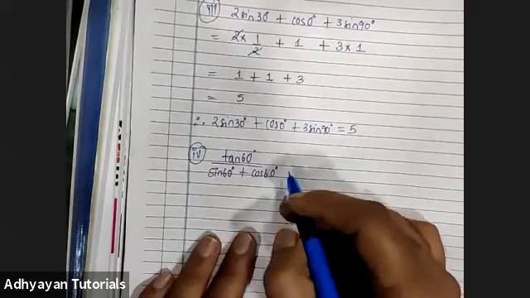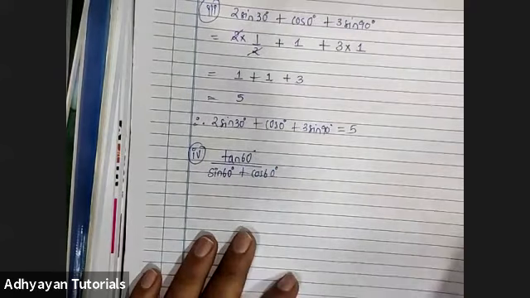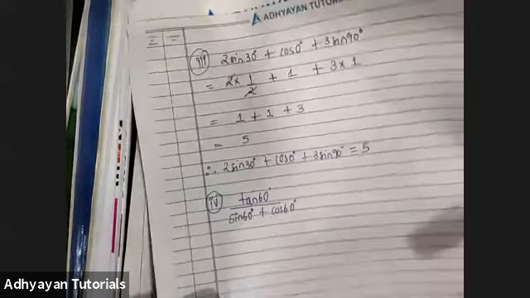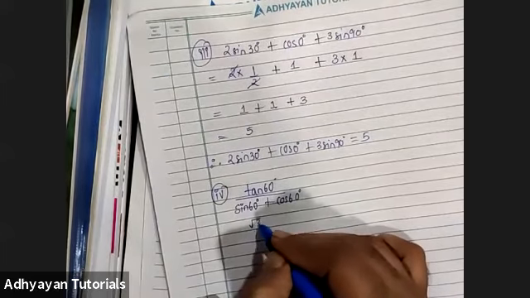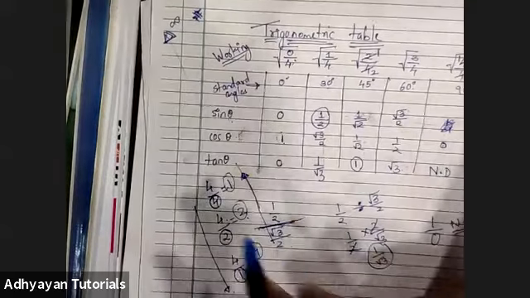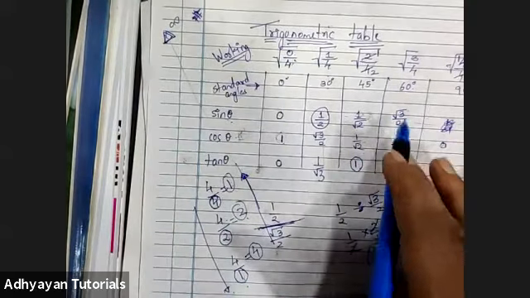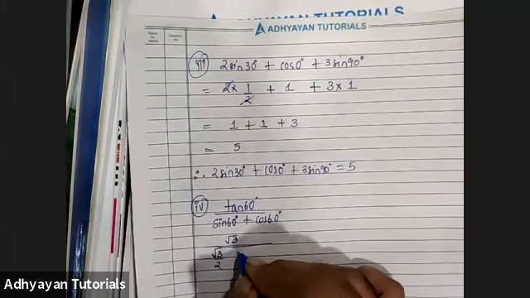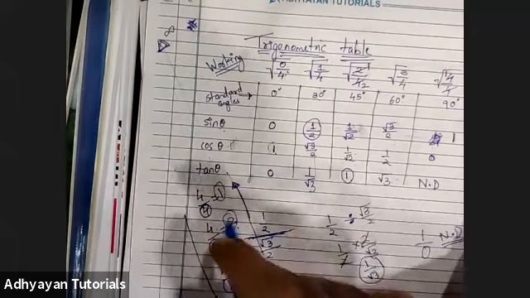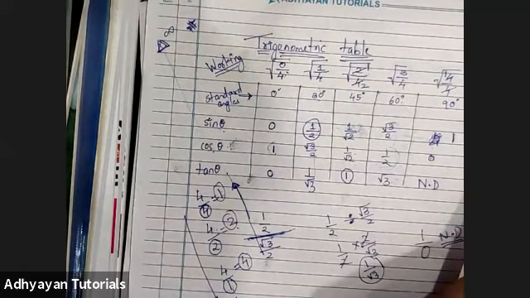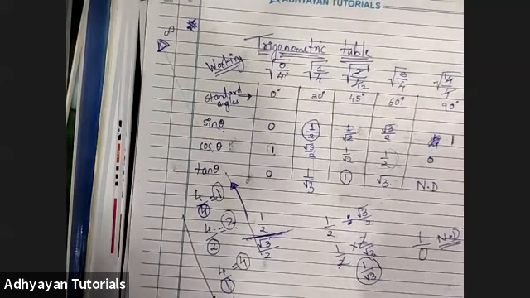Yeah, that's it. Tan 60 ka value, we will just use the table once again. Tan 60 is root 3. So I just jotted down here root 3 upon sine 60 ka value. Sine 60 ka value is root 3 upon 2, plus what is cos 60 ka value? Cos 60, it is half. I hope everybody is understanding how we pick up the values. Correct.